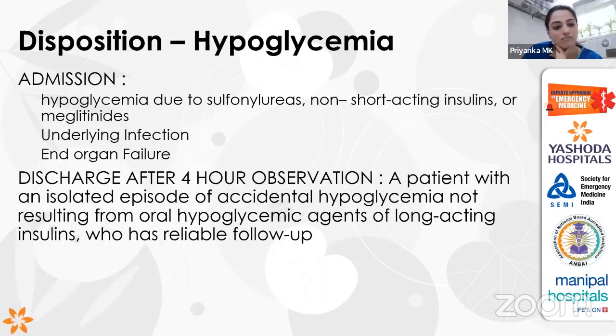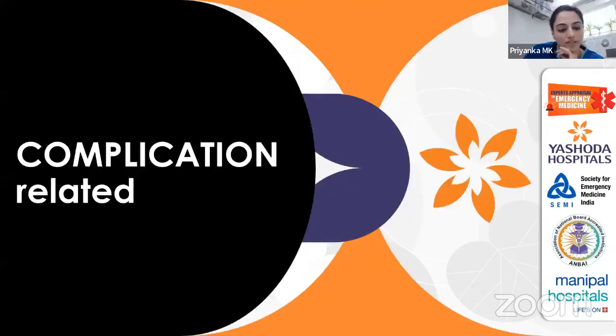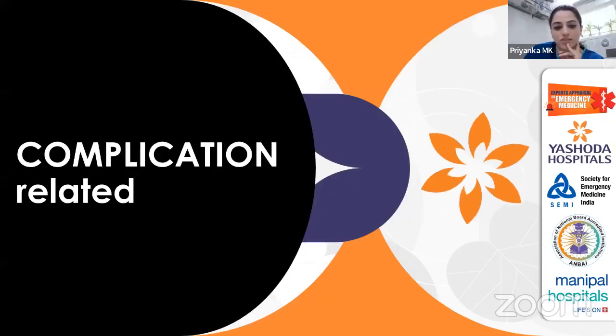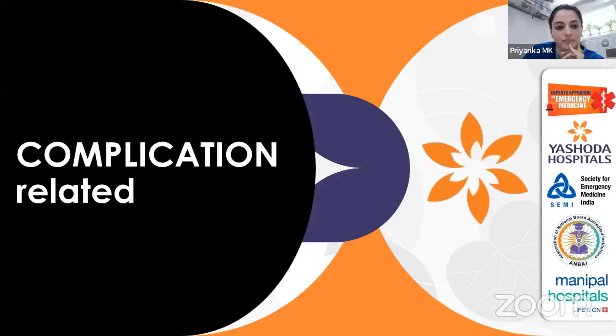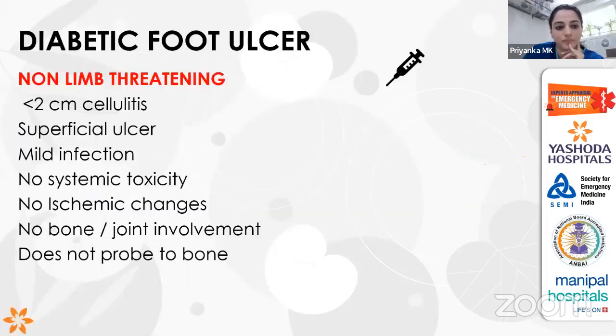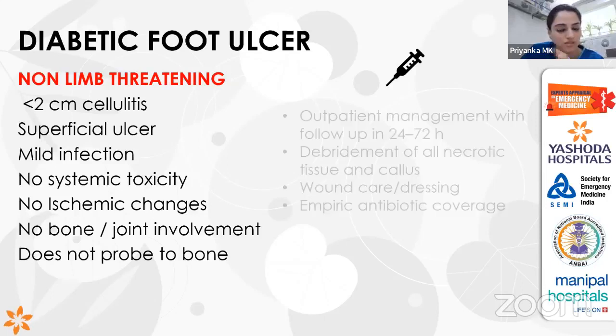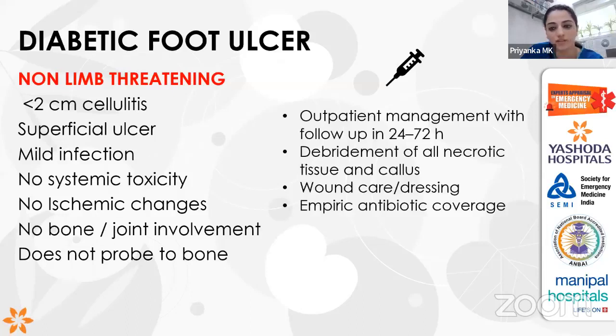I'd like to mention a few complications-related emergencies which we see in the ER. The first is diabetic foot ulcer. We can classify diabetic foot ulcers into non-limb threatening, limb-threatening, and life-threatening foot ulcers. A non-limb threatening ulcer would have infection, no systemic toxicity, no ischemic changes, no bone or joint involvement, and it does not probe to bone. So the treatment would be outpatient management with follow-up in 24 to 72 hours: debride all the necrotic tissue and callus, take good care of the wound, give a dressing, start an antibiotic,